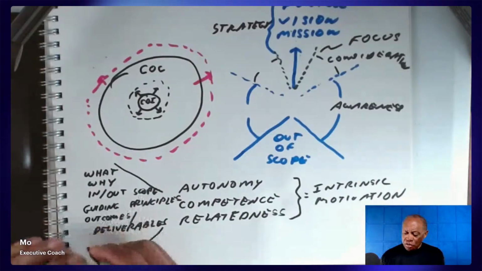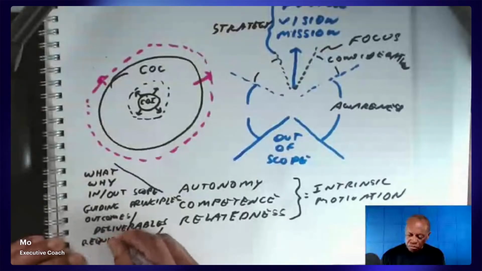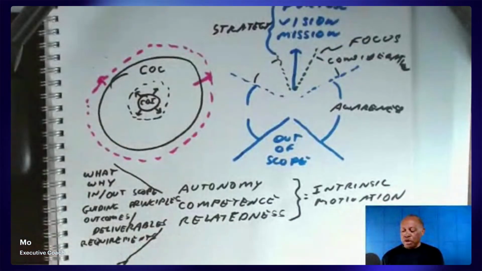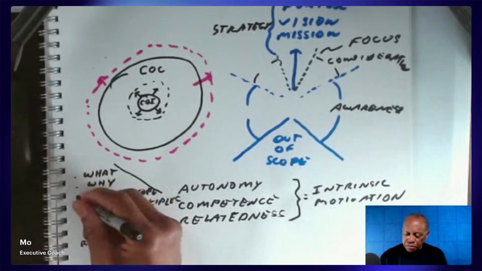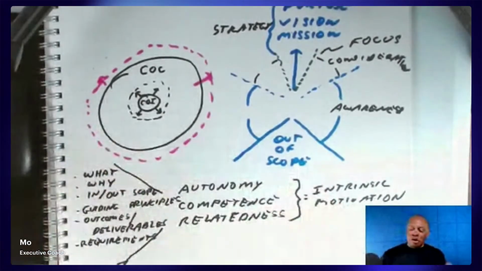And I would add on here requirements, because requirements is how you're going to measure quality. And the outcomes are the deliverables. You'll have requirements, potentially for how we know those guiding principles are being followed, and in and out of scope are a form of requirements. By having these things in place, frameworks, models, different things like that, we can now start moving into a direction